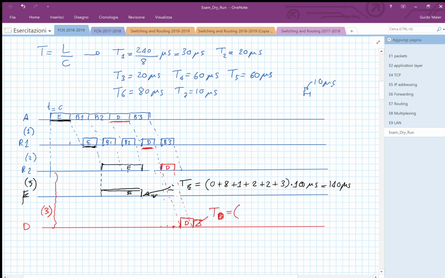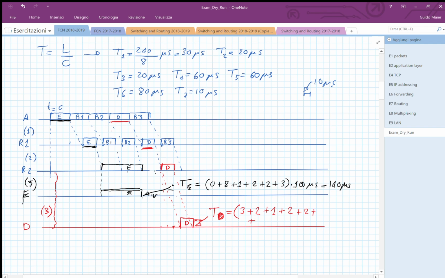Again, here we have to consider the propagation delay, transmission time in R2, propagation delay between R1 and R2, transmission time in R1, propagation delay between A and R1,